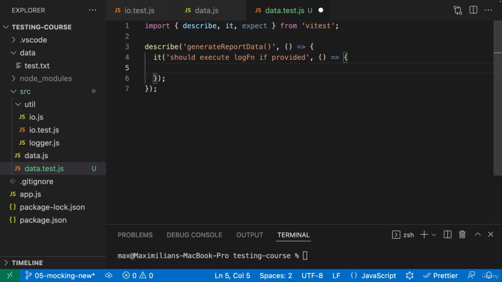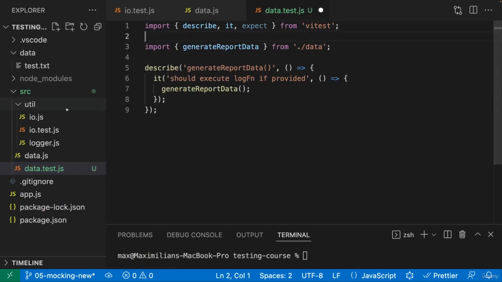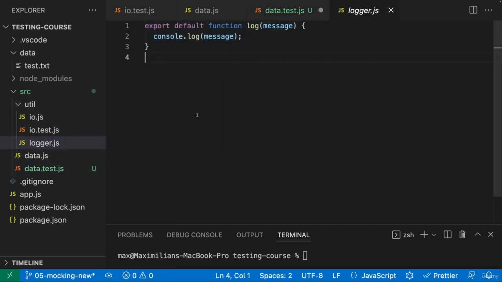Now, to achieve this, we of course need to call generate report data. And now we will not import the log function, but instead I just want to find out whether the log function gets called. So we can create such a spy replacement object. And this also is important. The log function also has a side effect. Logging to the console interacts with the system console, which is an external system, if you want to call it like that, and therefore this technically also is a side effect. Not a bad one, not like writing to a file or writing to a database. It doesn't change anything on the system, but it still technically is a side effect, and you might want to